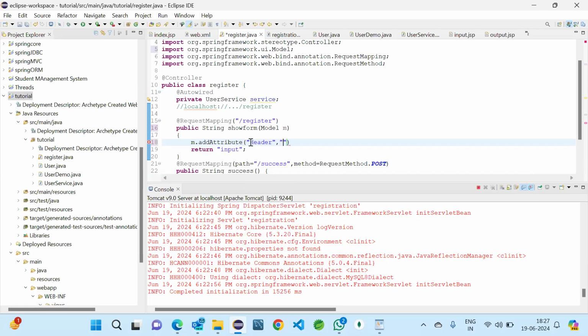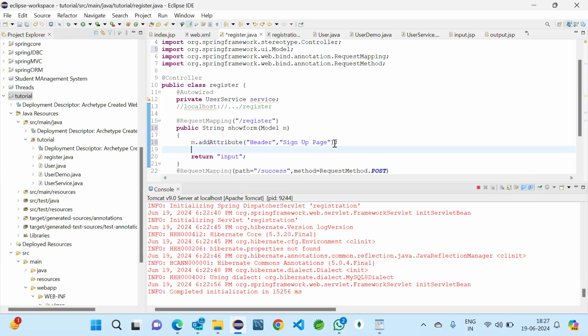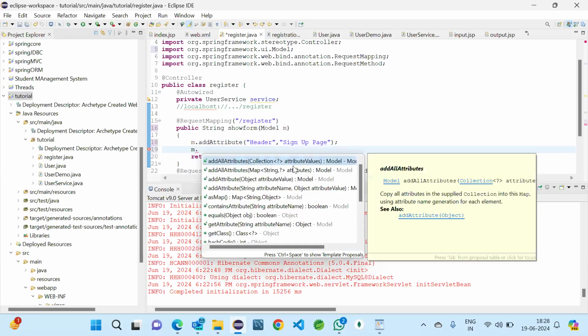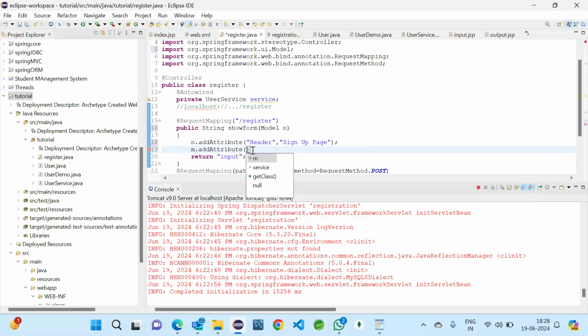and the value will be sign up page. And if I want to give some description also, use add attribute and use this, and welcome, please sign up.